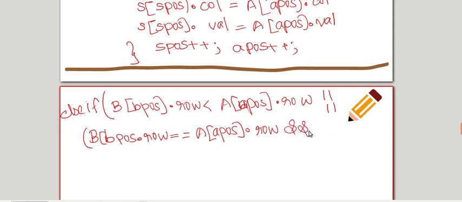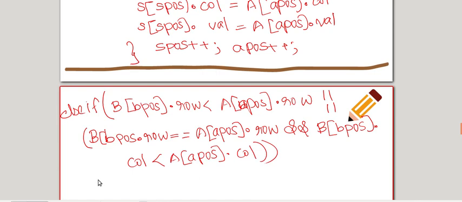If column is less in the B part, I can copy, and B of B pos dot column is less than A of A pos dot column.